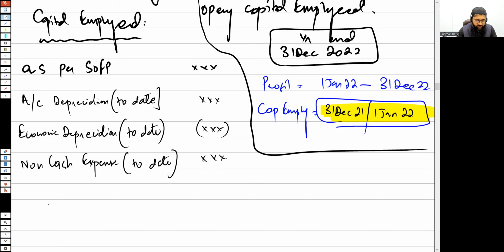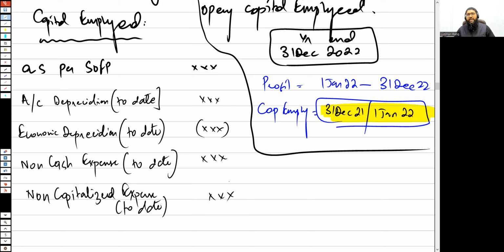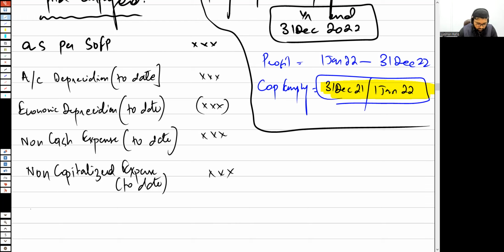Then what actually happens is you would say non-capitalized expenses to date. At times you think that the marketing expenditure is going to give you benefit for more than 1 year. So if it's going to give you benefit for more than 1 year, you should actually add it up to the capital employed rather than expensing it out. And lastly, you would have